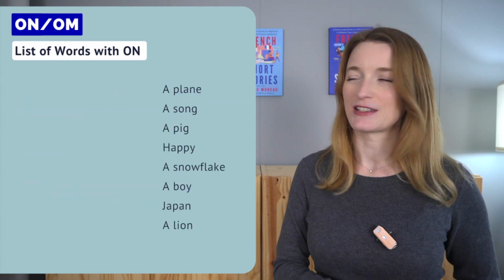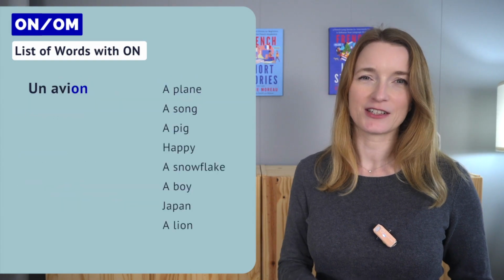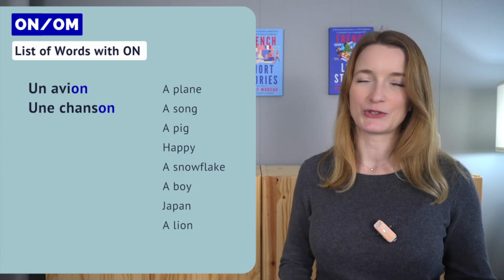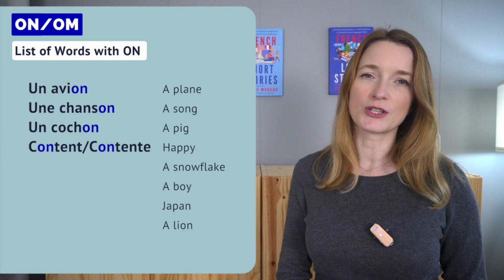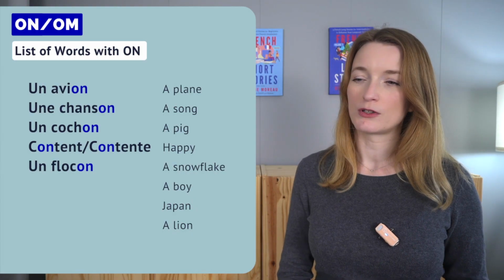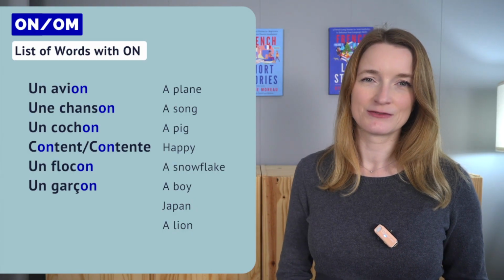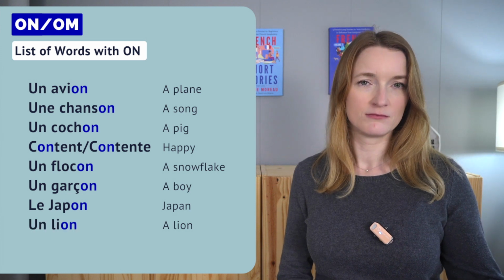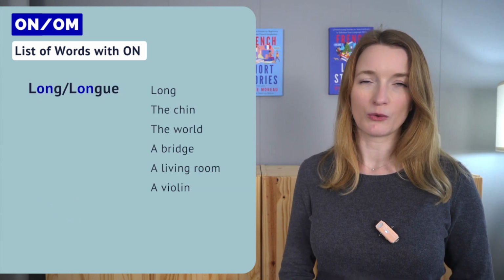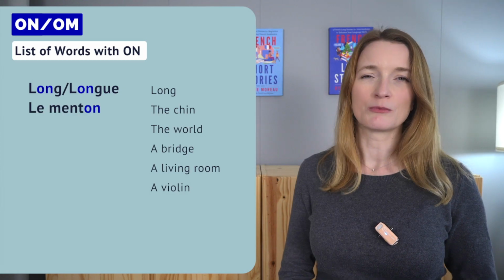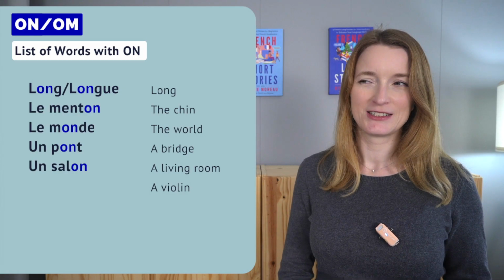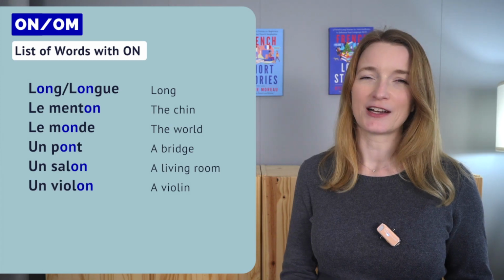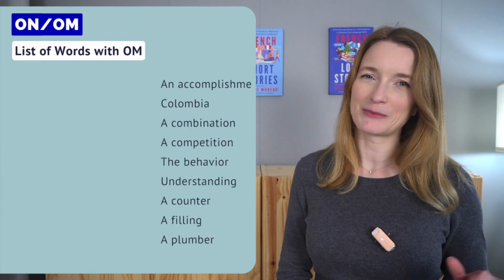So French words with on, we have un avion, une chanson, un cochon, content, contente, un flocon, un garçon, le Japon, un lion, long, longue, le menton, le monde, un pont, un salon, un violon, and with OM before B and P we have